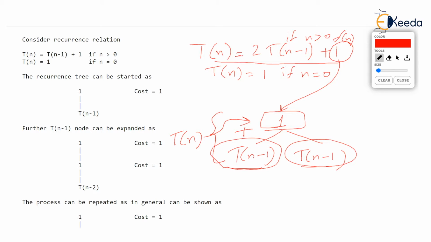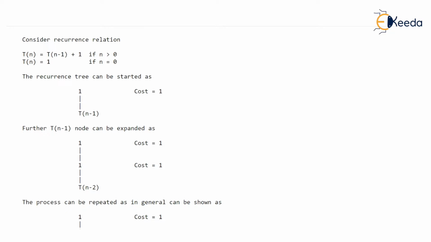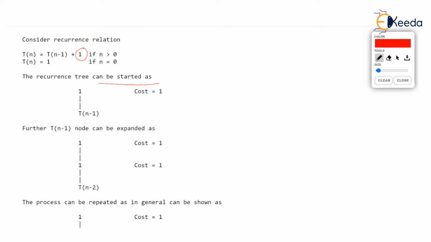So what I have shown in the diagram over here is that the recurrence tree can be started with 1. The additive term 1 came in as the root here, and then 1 is simply added with T(n-1). So the child of this root is going to be T(n-1). This entire thing is T(n). Now once we do this, we write the cost at a particular level. You see that this root node is at the topmost level, isn't it? And we simply write the cost at this particular level.